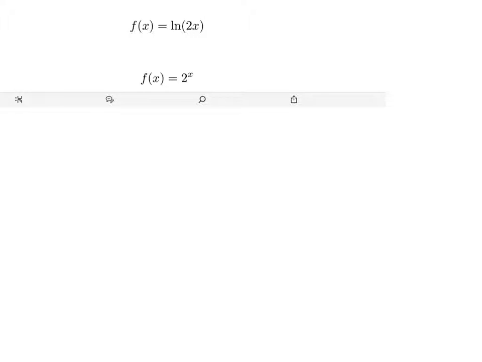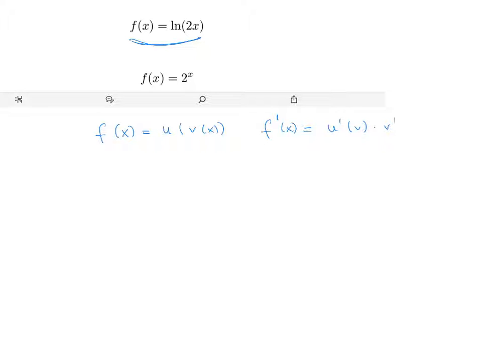So now we compute the derivative of this function here, the logarithm of 2x. And maybe you remember the so-called chain rule. So what does the chain rule say? Well, if we have a function of a function, so let's call them the function u of the function v of x, then the chain rule says if you take the derivative, you first have to take the so-called outer derivative